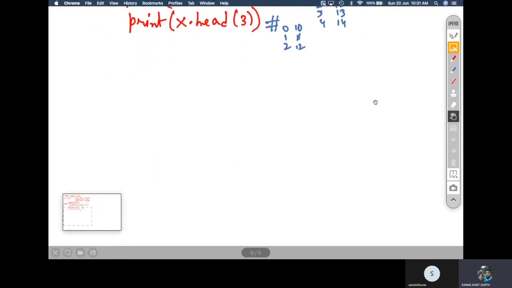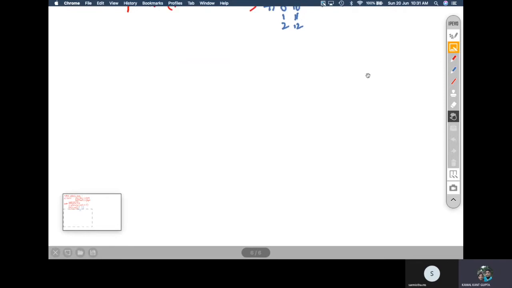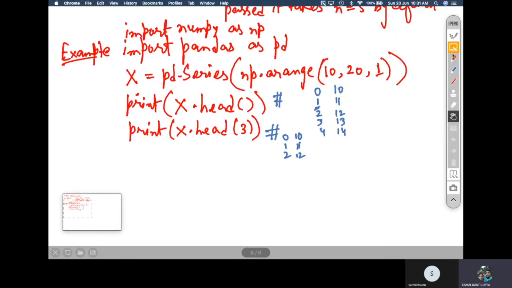Now let us go for the next method. Remember that while we are talking about methods, we should call the method using dot. What is the syntax for calling the method of a series? The name of the series dot and then the name of the method. It is just like we have used in Python. The basic syntax of Python is followed here. The name of the series dot its method, whatever method you are going to use.